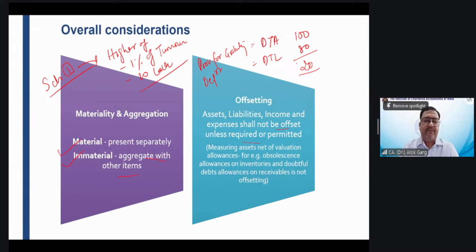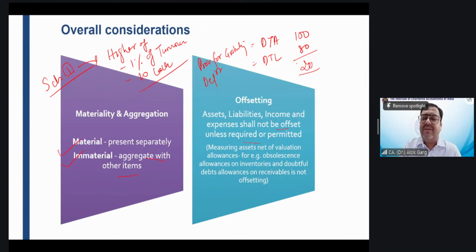Second example. The company is selling goods to a customer who is a chartered accountant, and this chartered accountant is also providing GST services to the company. The company is selling goods worth 1000 rupees to the chartered accountant. The chartered accountant claims 800 rupees for the service provided to the company.